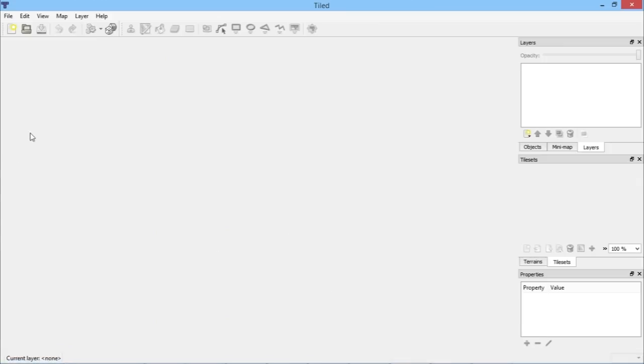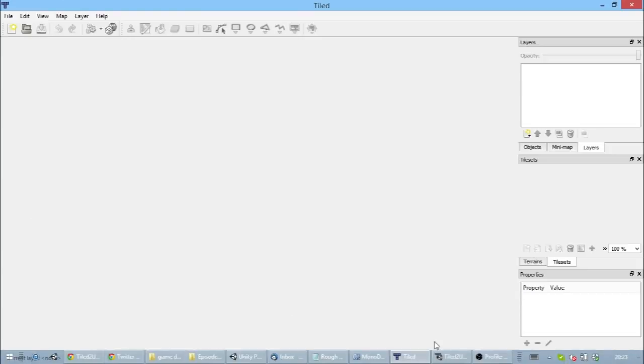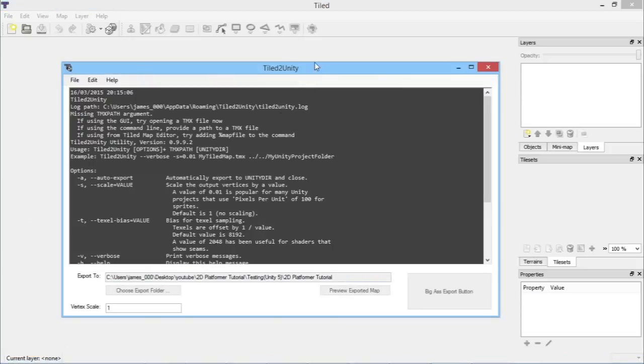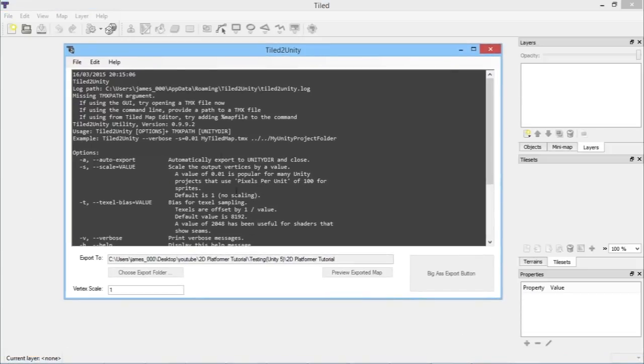So this is Tiled. Obviously there's nothing going on here because we haven't started a file. And this is Tiled to Unity. The important thing to remember with Tiled to Unity is that it has a special package that it puts into your Unity project. So anytime you want to use Tiled and Tiled to Unity within your project, if you're making a new project and you want to use it again, or if you're doing it for the first time,